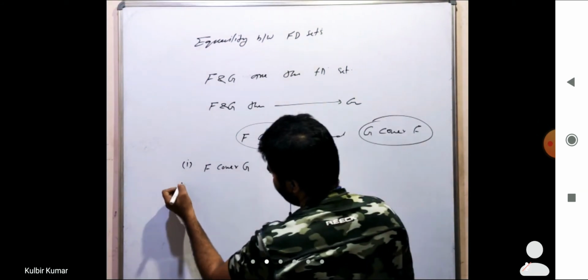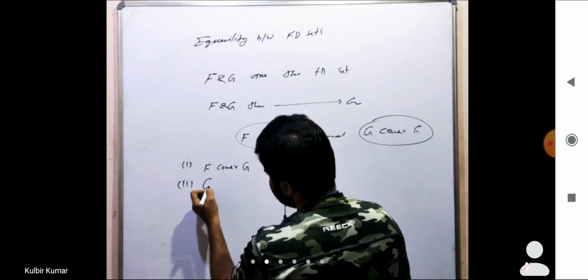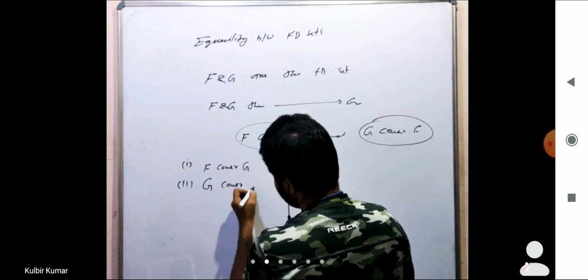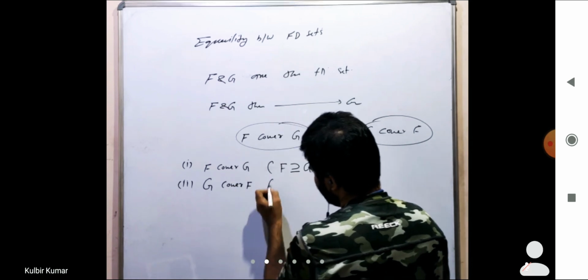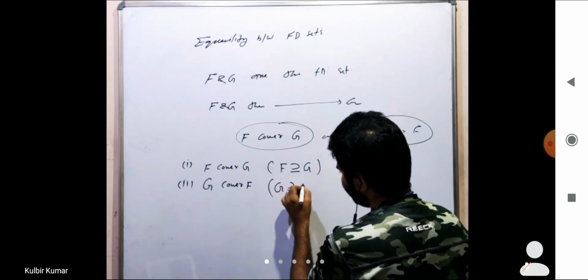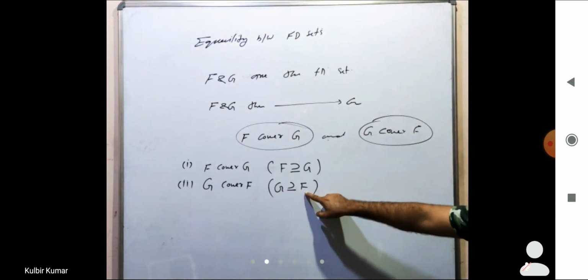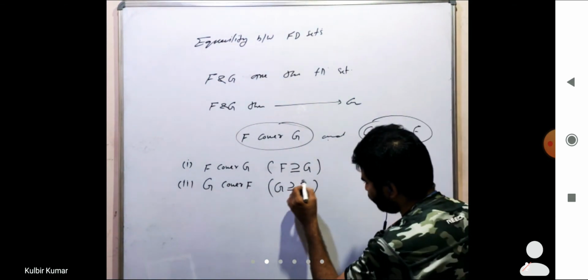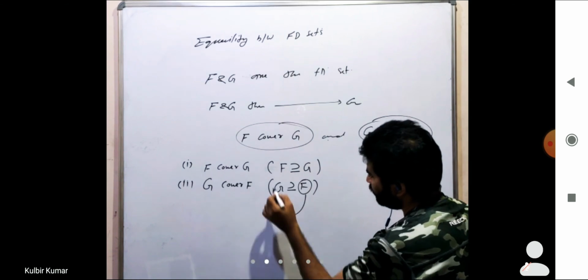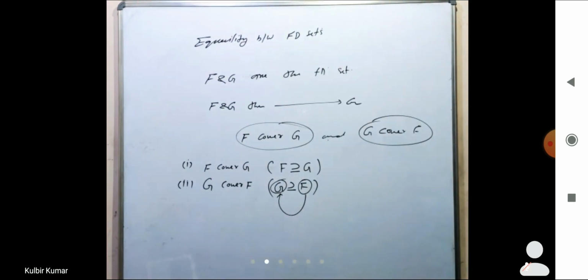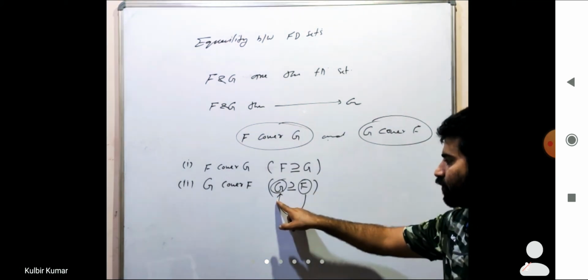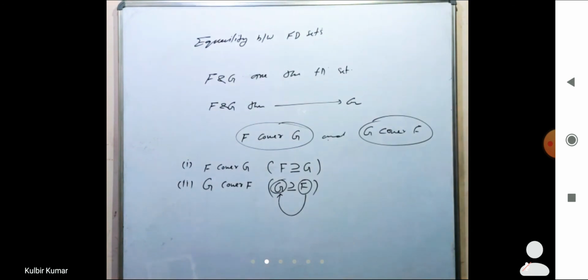And what is the meaning of G cover F? G cover F means now G is the superset. G cover F means all the functional dependencies of F are implying in functional dependency set G, right? तो इस केस में F की जितनी भी फंक्शनल डिपेंडेंसीज होंगी वो G में इम्प्लाई करेंगी. और इम्प्लाई करेंगी या नहीं करेंगी इसका कैसे पता चलेगा? विद द हेल्प ऑफ मेंबरशिप टेस्ट. मेंबरशिप टेस्ट से पता चल जाएगा.